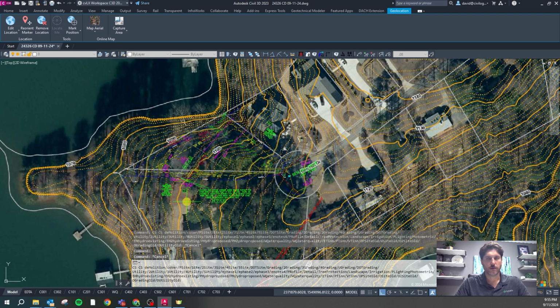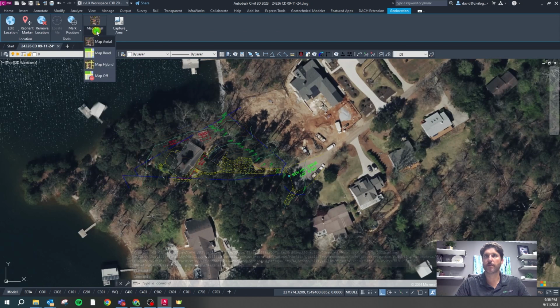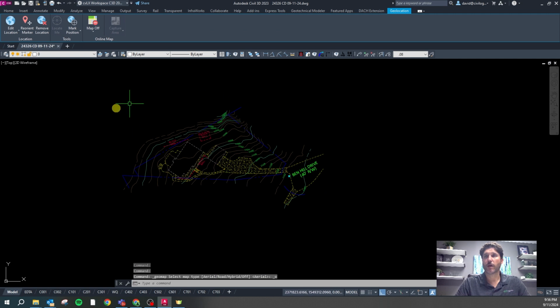So I'm going to hit G for grading. And once you're working in this drawing, it's hard to see with the aerial on, so you can just go back up here to Aerial and hit Map Off. If for some reason we wanted to change the state plane coordinate system, you can't just go into settings and change it. You have to hit Remove Location first, and then you can go back into the